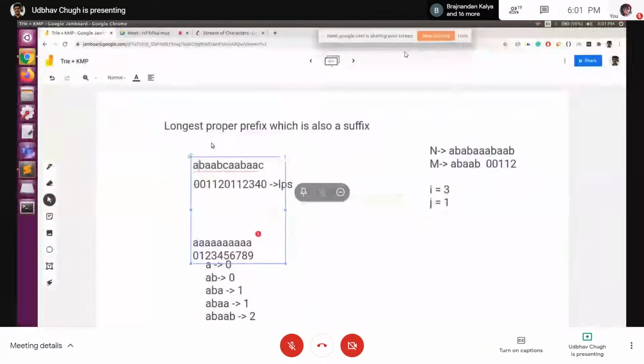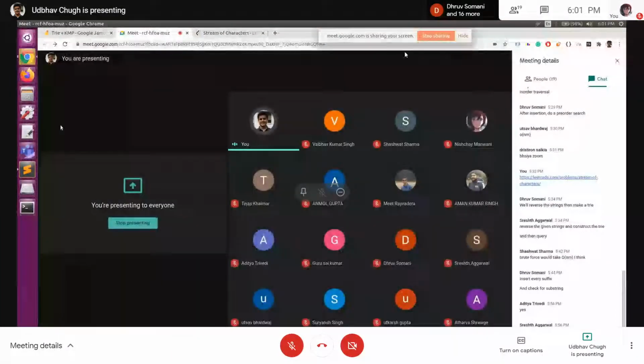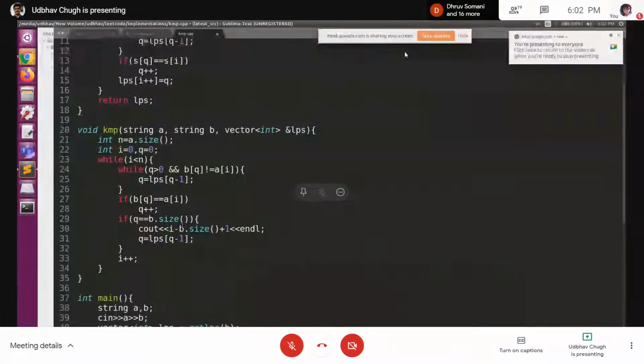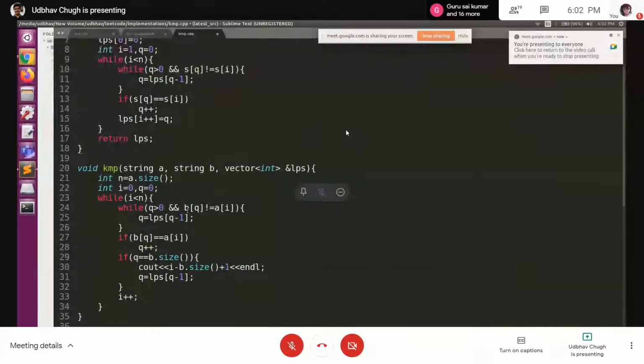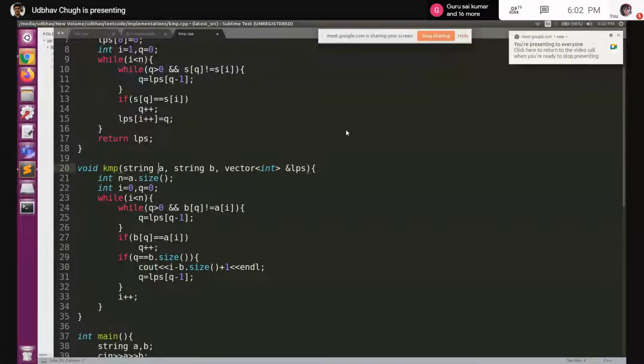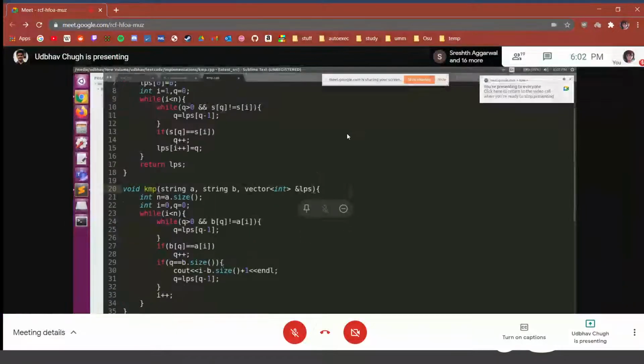Coming to KMP, the main algorithm part. Okay, so see, it works exactly similar to how we found the LPS. All we have to do is this A is my initial string, and this B is my query string, and I have the LPS array given to me, which I pre-computed.